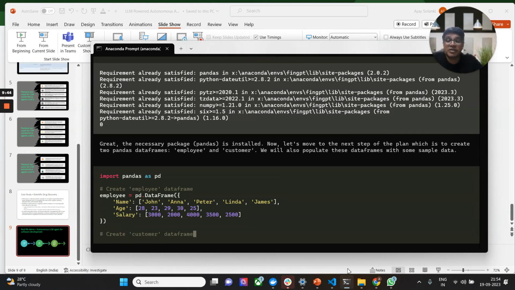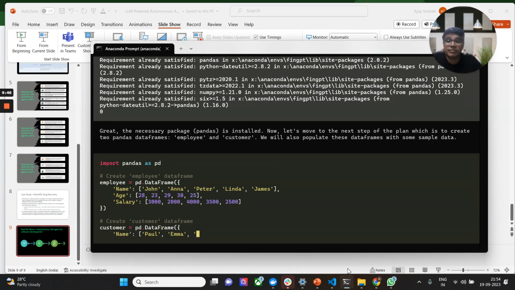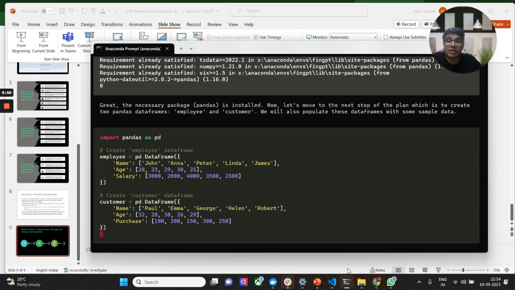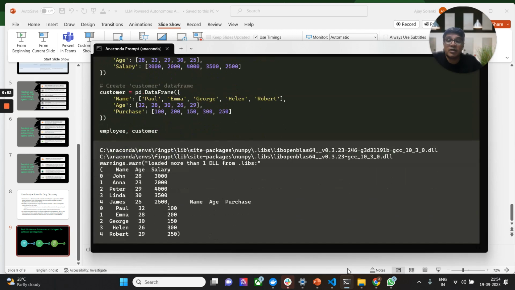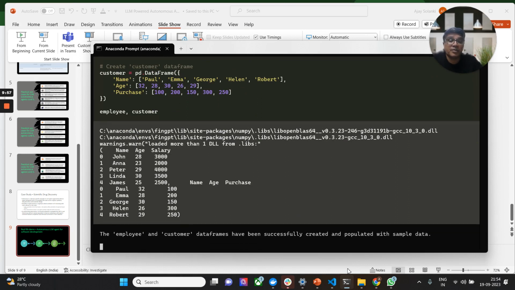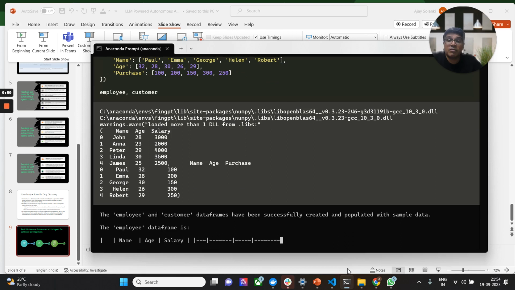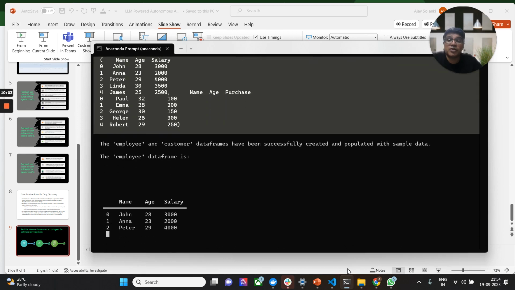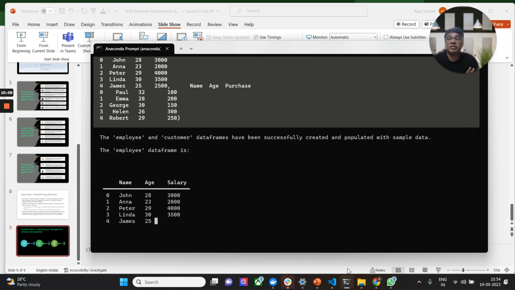So you can see it's eventually getting there. And once the data is there, it's going to go ahead and write the code. Here it's populating the data frame, and it's showing the different data frames that we have, the employee and the customer.